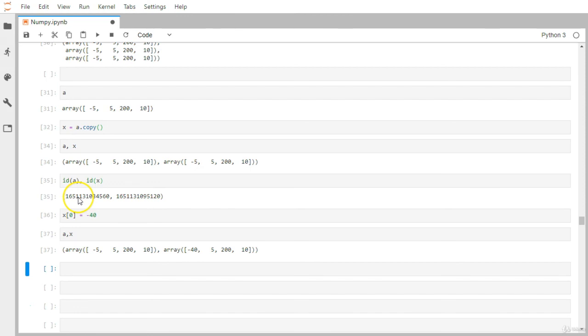Okay, so that is the basic idea behind copies and views: in case of a view it is pointing to the same physical memory location, so the change will get reflected on every single view. Whereas in case of copy, how will this copy be useful? Whenever you are trying to do any kind of modification in your original data and you don't want to modify your original data, you want to keep a separate copy of it, in that case you can just create another copy, and all those kinds of operations you can perform on top of it. Okay, so that is the basic idea behind views and copies in a NumPy object.